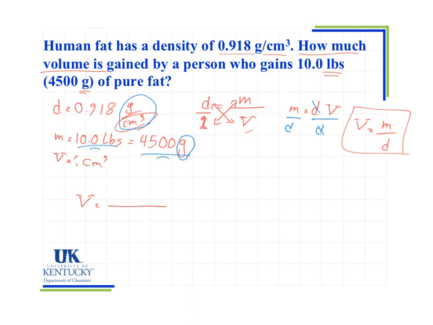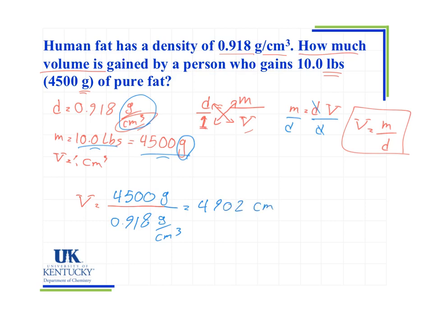So it's better to use gram for mass. So we write 4,500 gram over density, which is 0.918 gram over cubic centimeter,